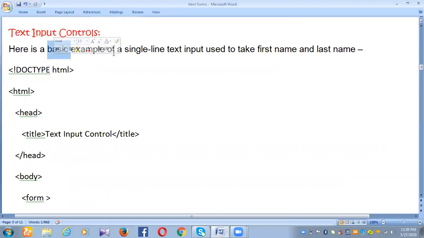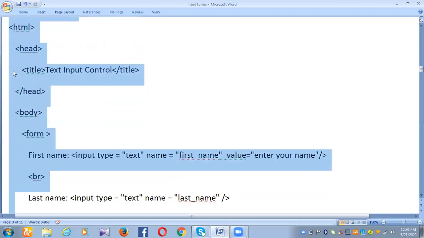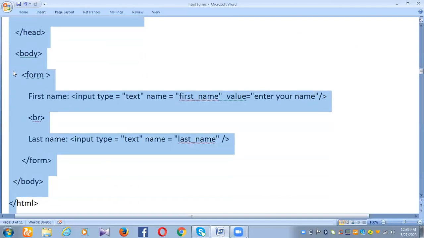It is a single line text input, used for single line text entry, right? I'm going to show you an example of how to use this single line text input control, where I have already written the code. Let me copy that for you.